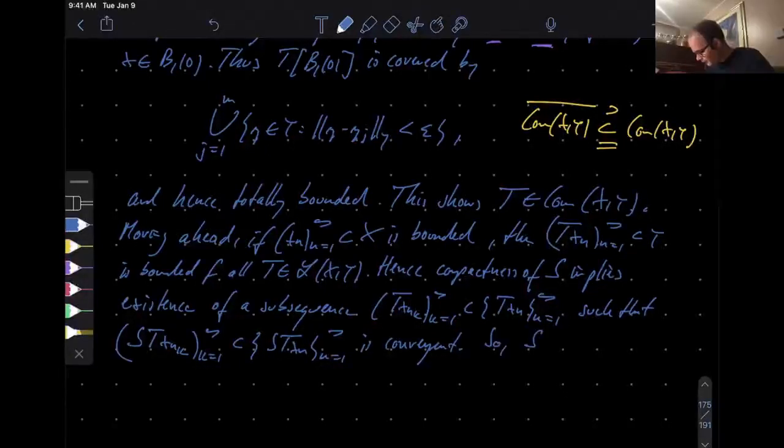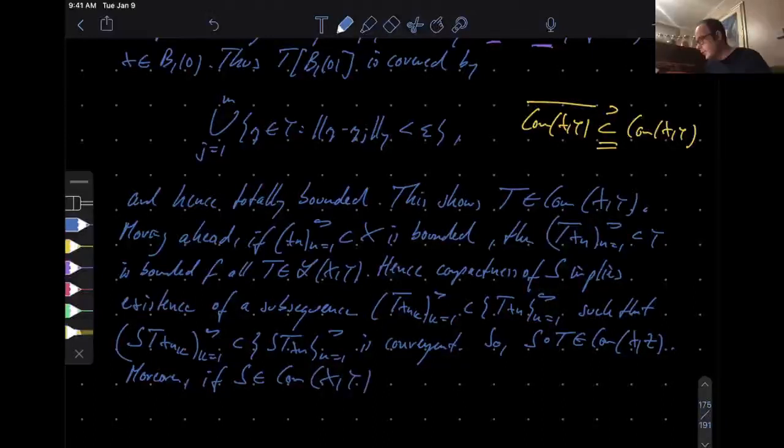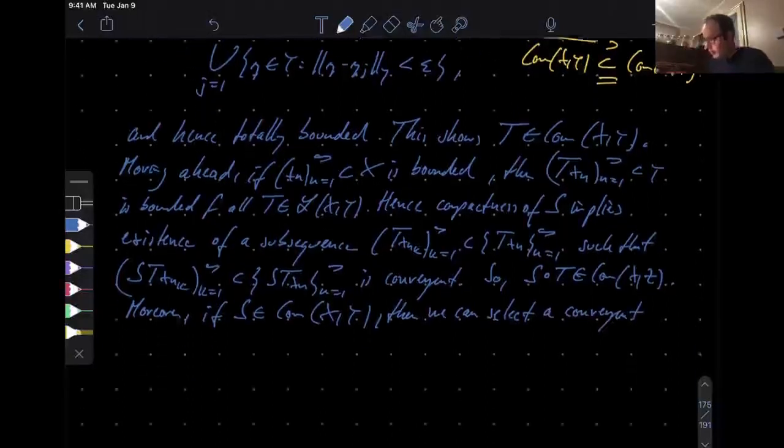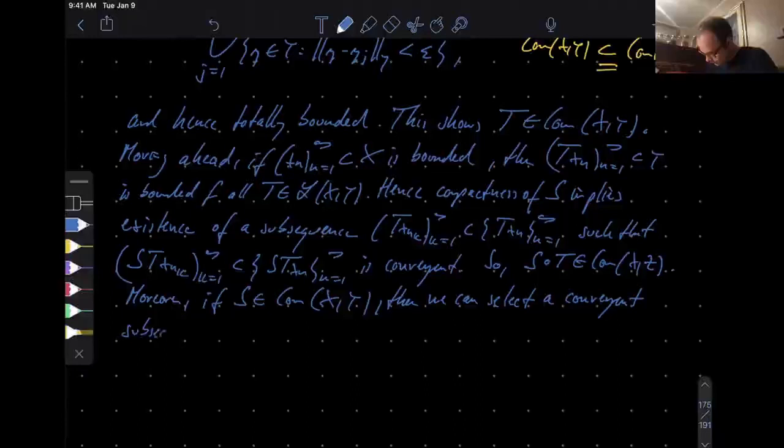So this composition S∘T is compact. Alright, good. Now we have to do it the other way around. Moreover, if S is compact, and now you hit it from the left with something bounded, how to argue then? Well, first we can select a convergent subsequence